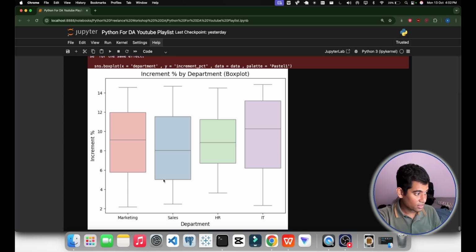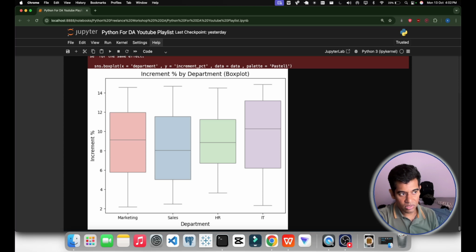For sales, this is the lowest, this is the highest, and this is the median. So in IT, the median is more than 10. And if we check HR, sales, and marketing, the second highest median is marketing, third is HR, fourth is sales. So this is key for HR insights, like identifying departments with unfair increments, obviously.